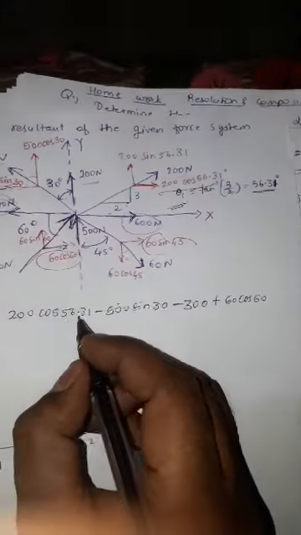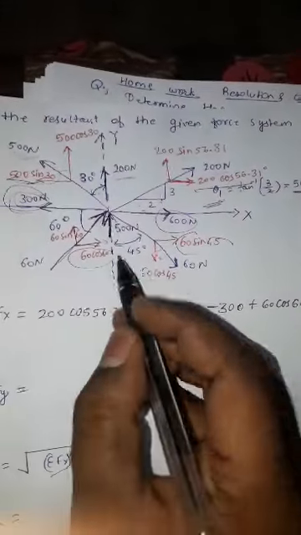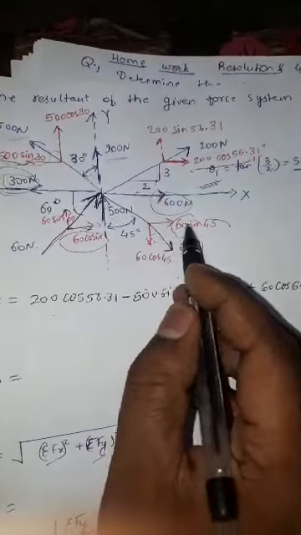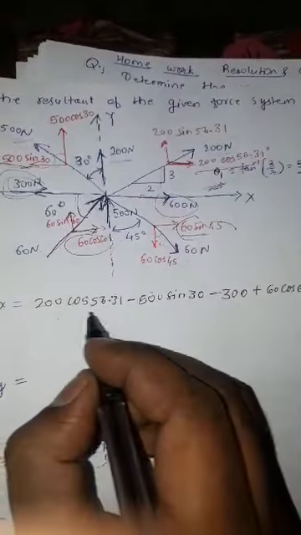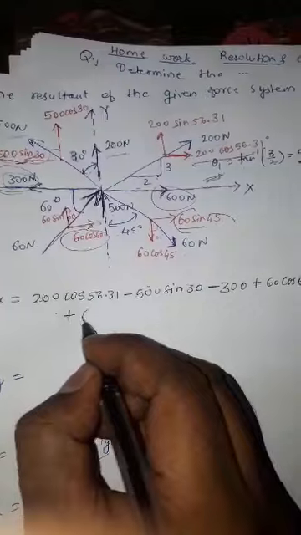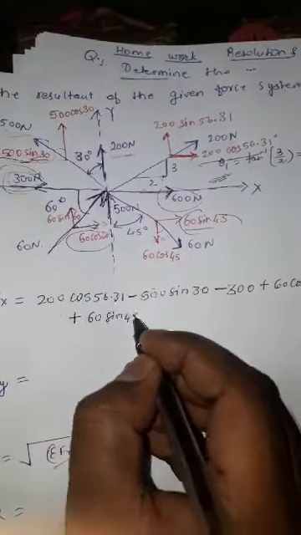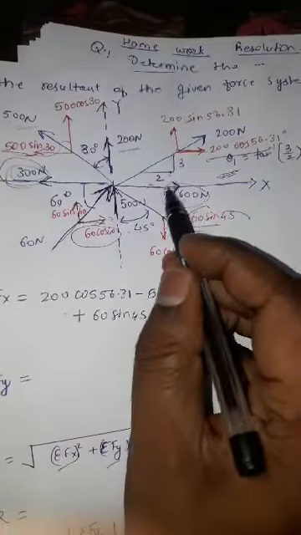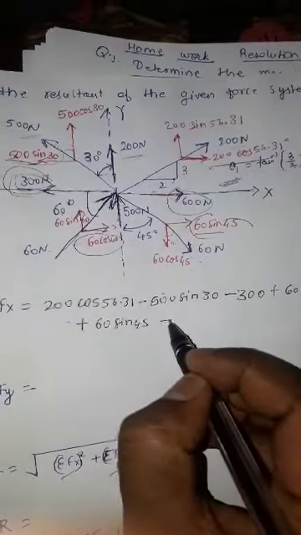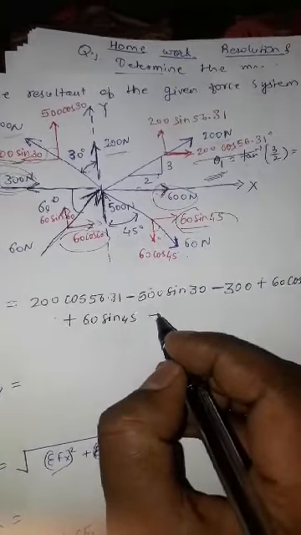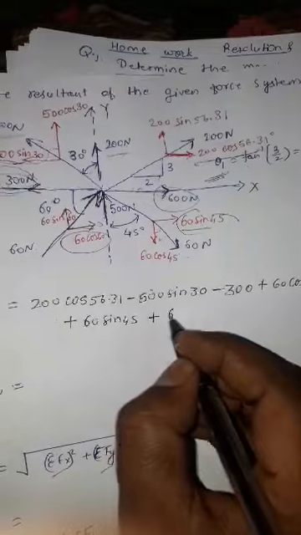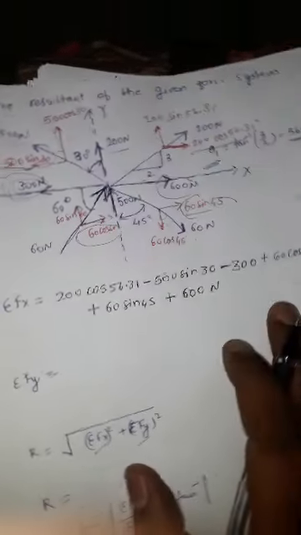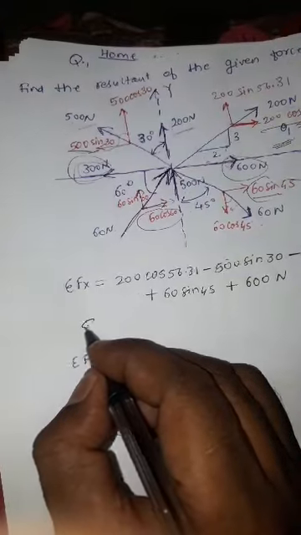Coming to the next horizontal force, it is going rightward, so it is 60 sin 45. The next horizontal force is this 600, going rightward, so it is positive, 600 Newton. After doing the calculation, I will get this summation Fx value as